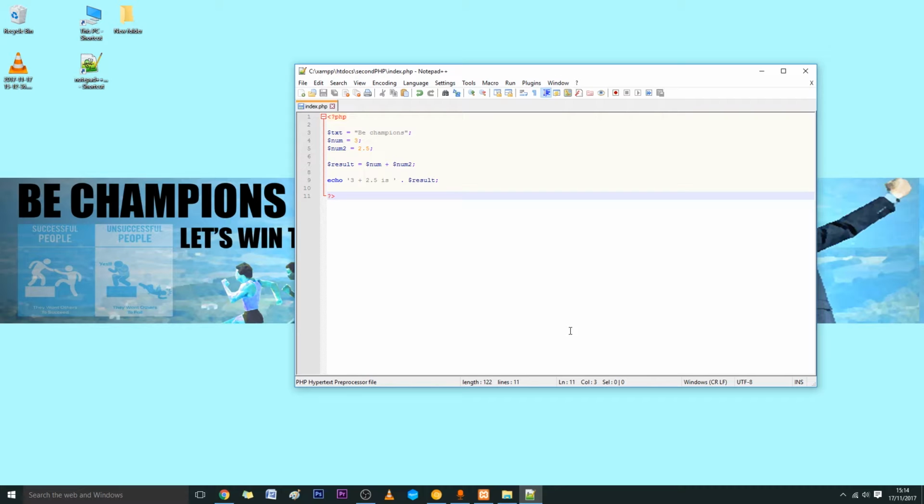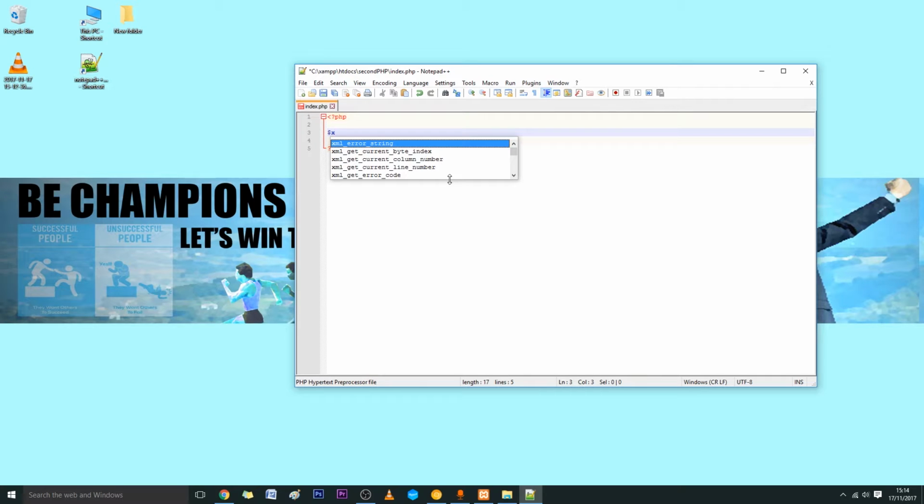And I'll explain you while I demonstrate you on Notepad++, so you can see what's happening as well. So let's write a global scope. I'll just delete this because this is just the purpose for the tutorial. Okay, we'll create a variable and we call this x, $x equal to 2 semicolon, and